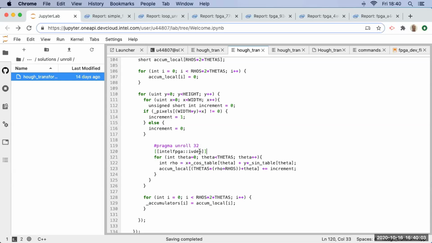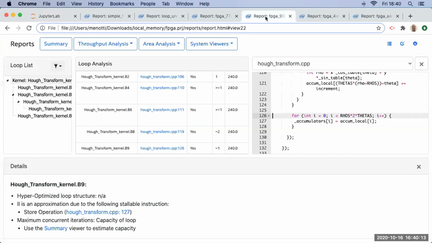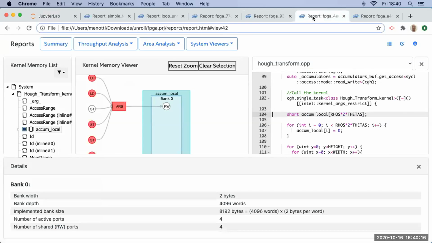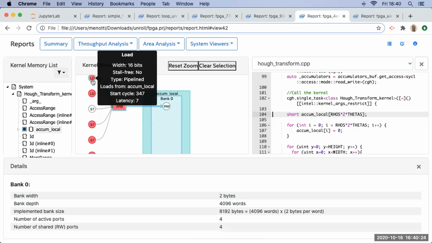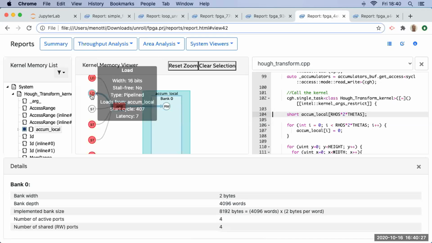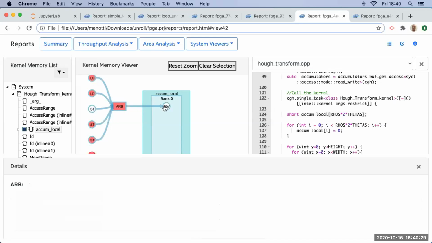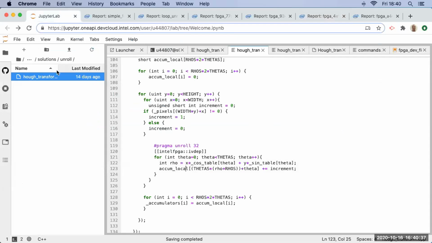And we also put this directive here to ignore dependencies on the arrays. And the results are seen here, but we have an issue with this because the iterations need to access the same memory bank, and an arbiter was generated. So the last step is